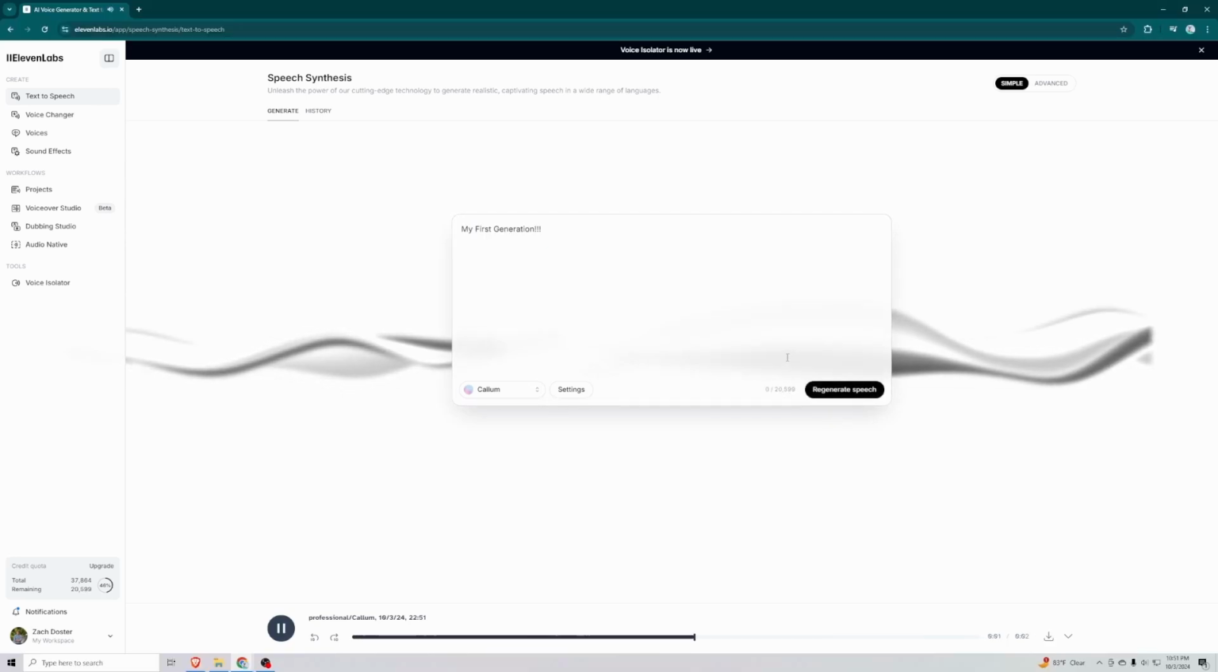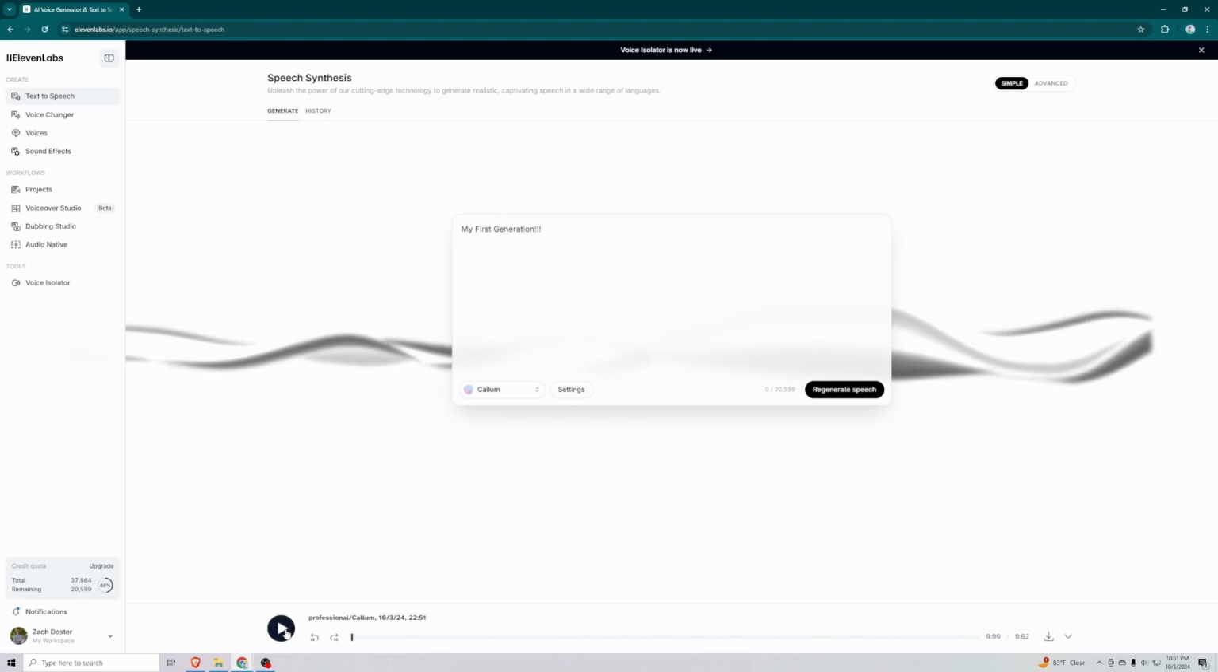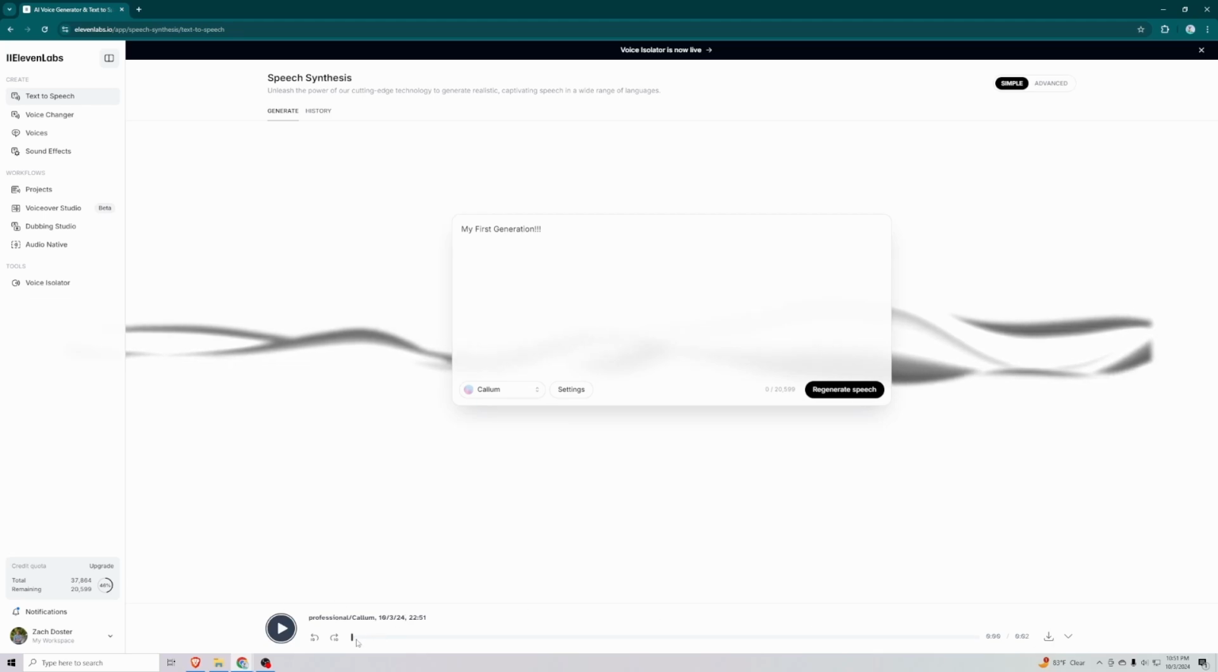My first generation. And you can see it's really quick. You can play it again right here. My first generation. And then you can download it here for use locally, and you can scrub using these controls